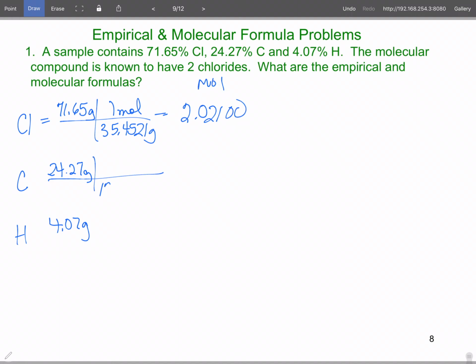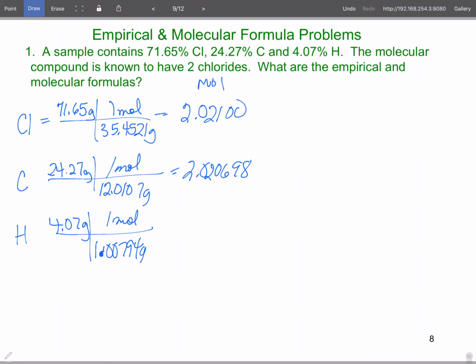This is 12.0107 grams. You could use 12.011, just don't use 12, okay? That's too few significant figures. 2.020698 and 1.00794 grams per 1 mole. So we have a whopping